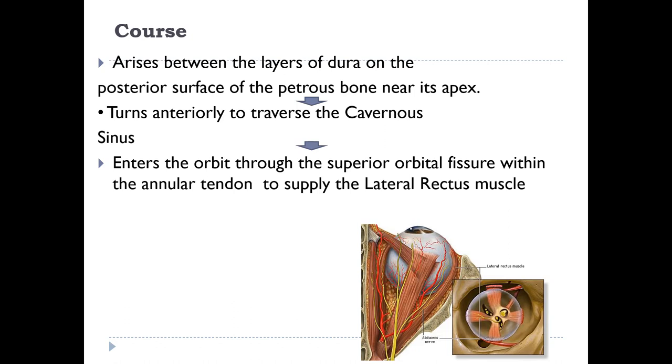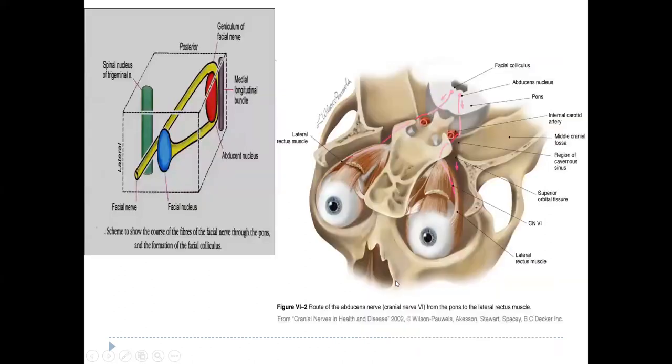So, and then in the cavernous sinus, as I mentioned, it will be accompanying the internal carotid artery for a short term of its course, enters the superior orbital fissure, or we can say exits the orbital fissure to reach the orbit. And then it is solely going to supply the muscle called lateral rectus. So this is the course of the